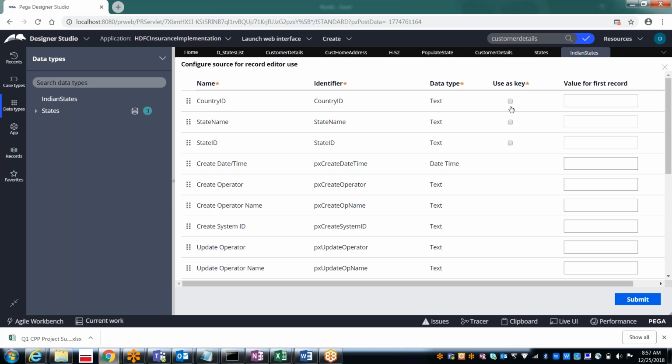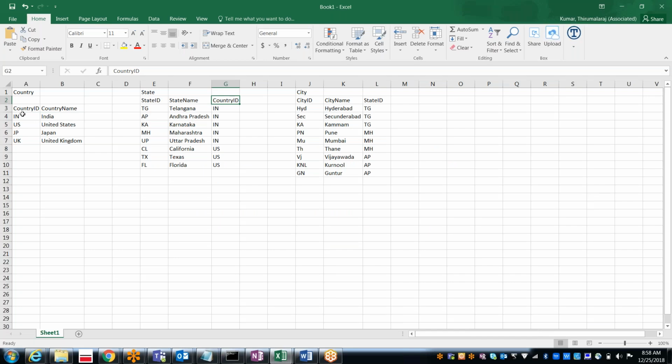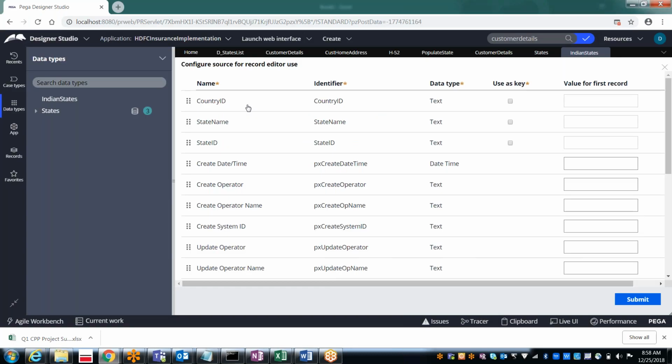Which do we want to use as a key, state ID or country ID? State ID. Exactly, this is the states table. In the states table, country ID will be the reference. In the country table, country ID will be the primary key, but in the state table, state ID will be the primary key. So use state ID as the primary key.